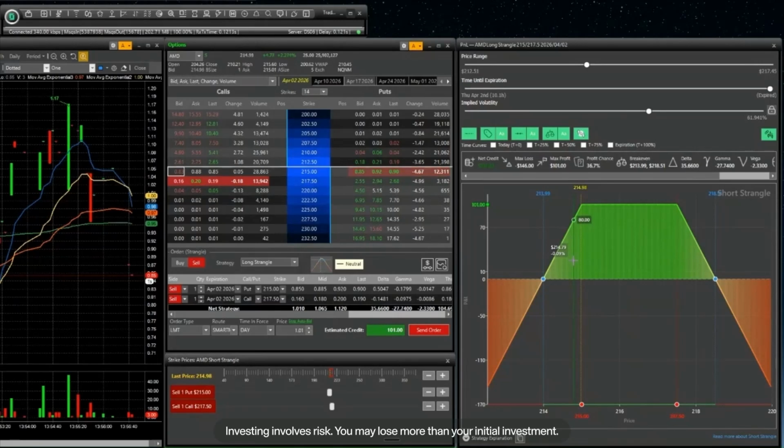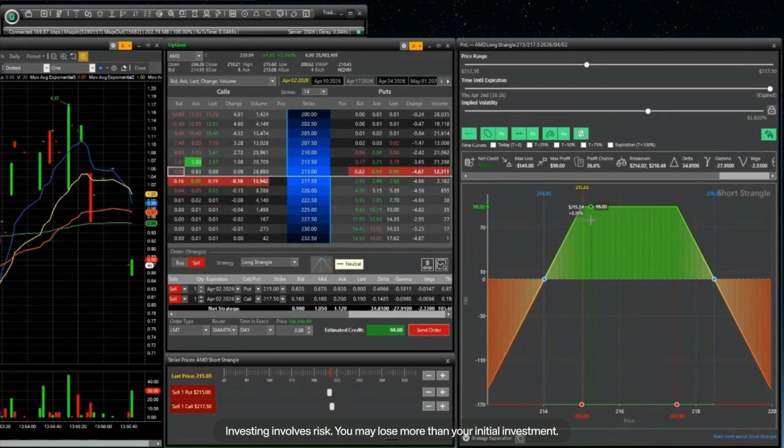Now it's a question of how much profit. The maximum profit you can make is if price of the underlying stays between your two strikes, which is 215 and 217.50. If we stay in this $2.50 range, which we're currently at the bottom of right now, we will achieve max profit, which is $97. As we fall towards one of those break-even points, you can see here, the profit that we collect would be lower, so down to zero. Same on the higher side. So before we move on,